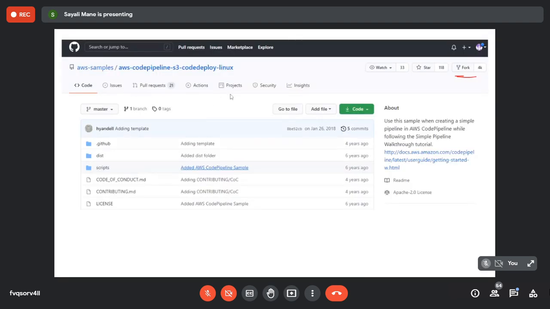You should get this screen like this. Yes, ma'am, got it. Are you getting this screen, this one? Okay, what about the others? Simply type AWS code pipeline S3 code deploy Linux in the search box and open that respective file.